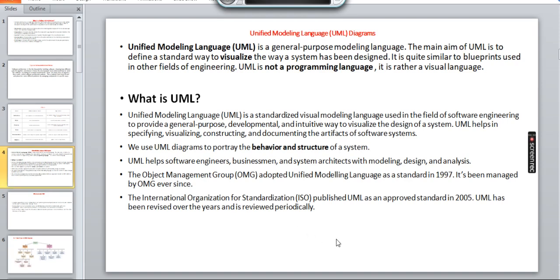What is UML? UML is Unified Modeling Language, or diagrams. UML is a modeling language. The main concept of UML is a standard way to visualize how a system has been designed, and it's similar to blueprints used in other fields of engineering. UML is not a